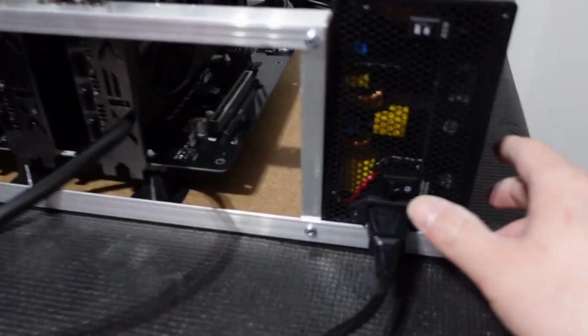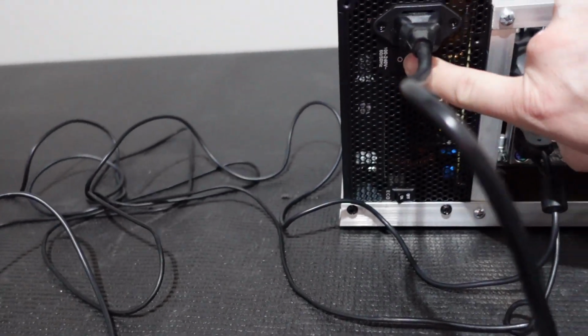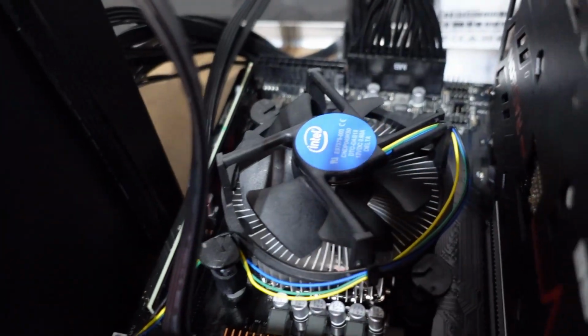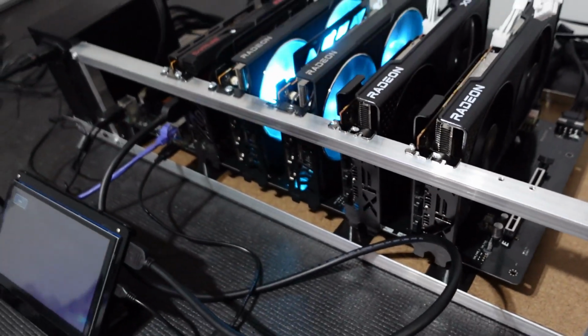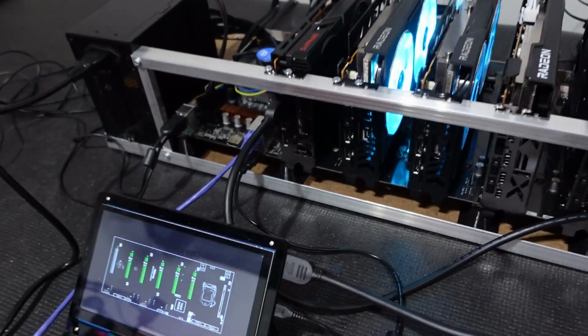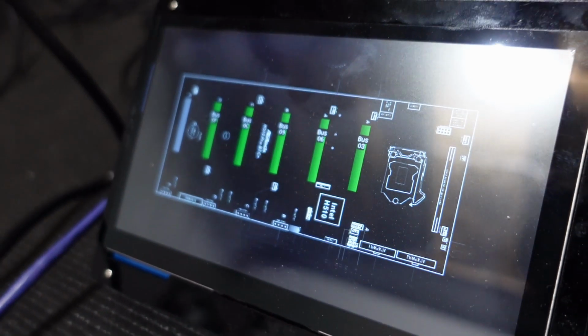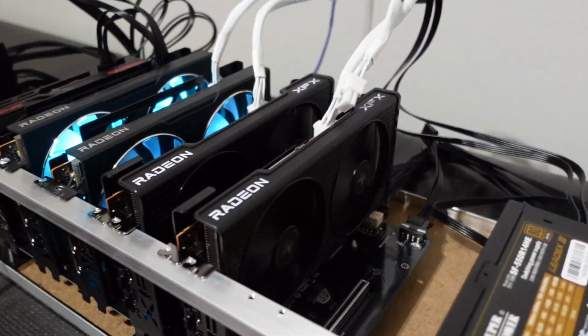Okay, moment of truth. GPU number 5. This is one that gave us an issue originally. Turn on. No beeps. We got fans, no beeps. Come on. All right. We got 5, awesome. I like it. Let's keep it going. We have one more,